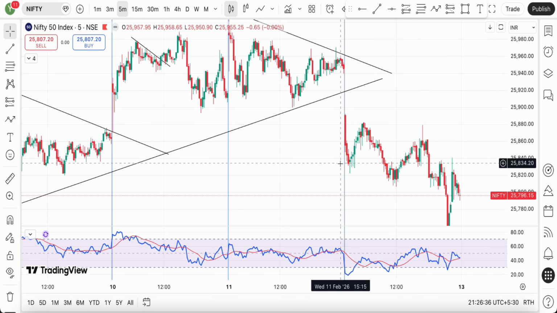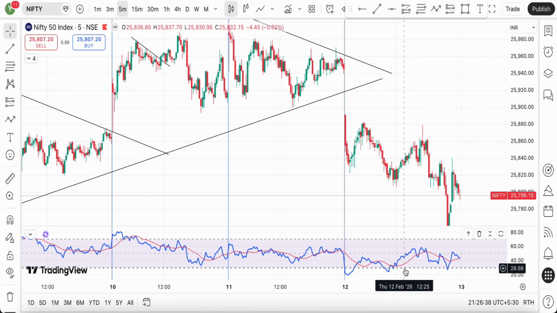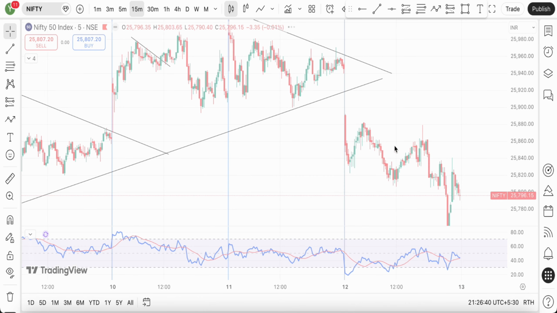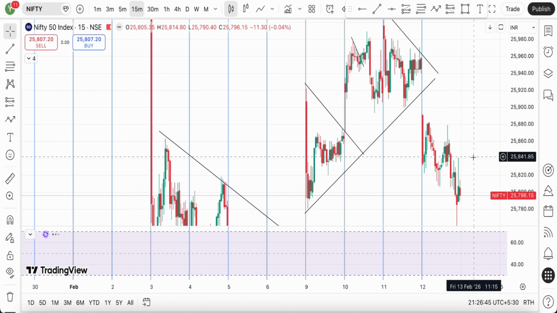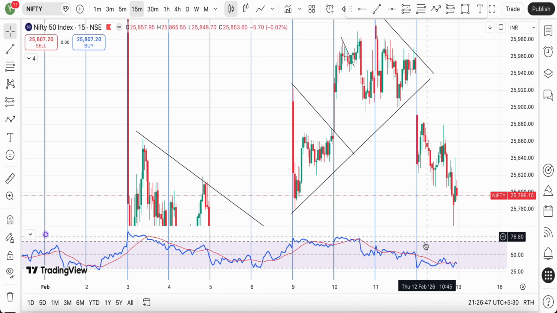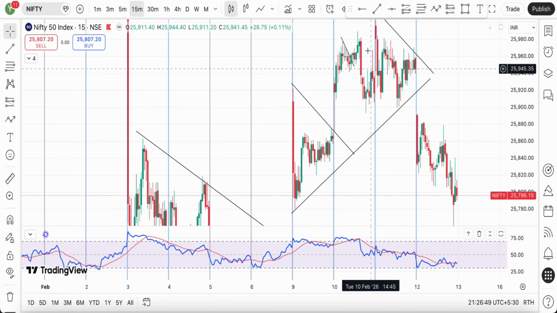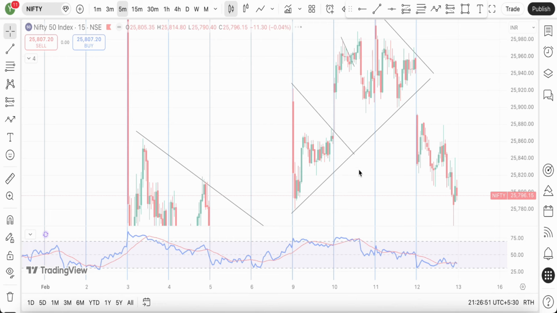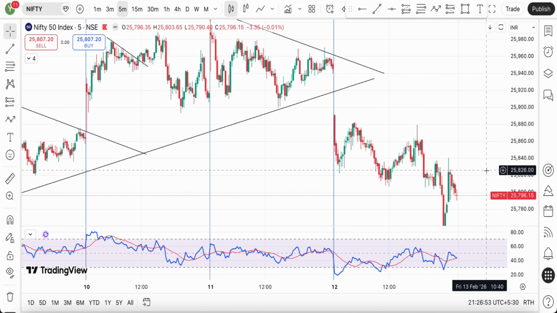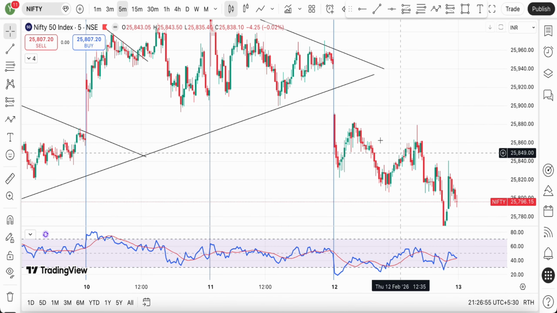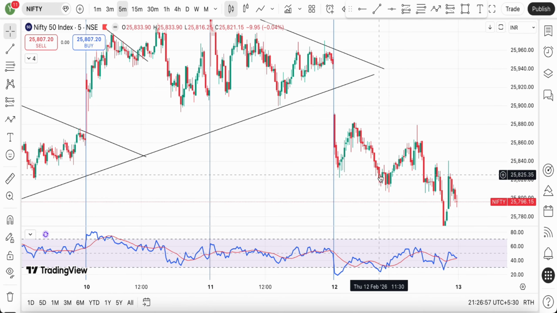So you can see out here, markets making a new low, RSI making a new high. Same was the story on the 15 minutes time frame, wherein the markets made a new low. Out here, RSI made a new high. So it was a good divergence, but then I did not want to take any trade on the long side because the structure was clearly lower highs and lower lows.